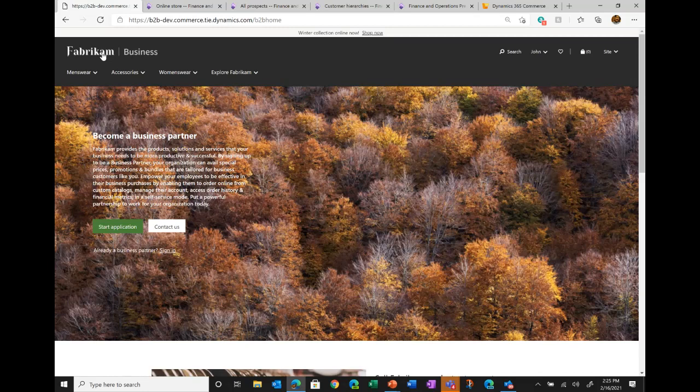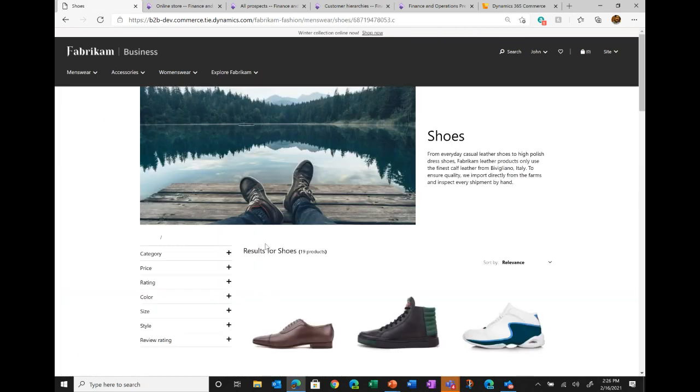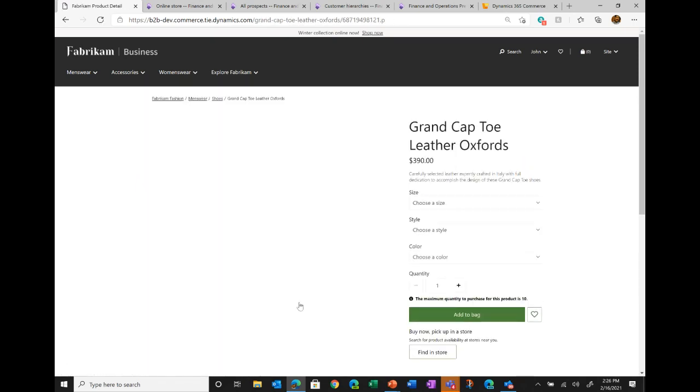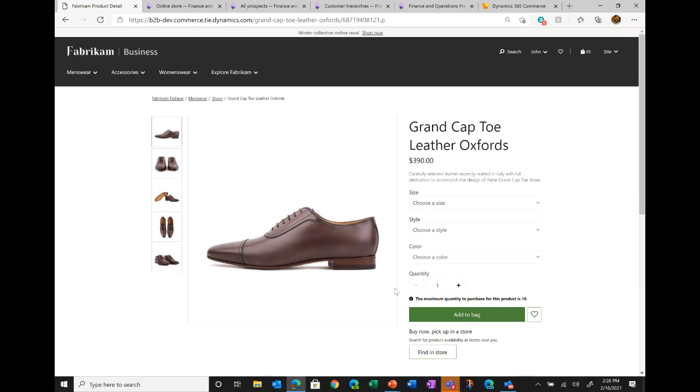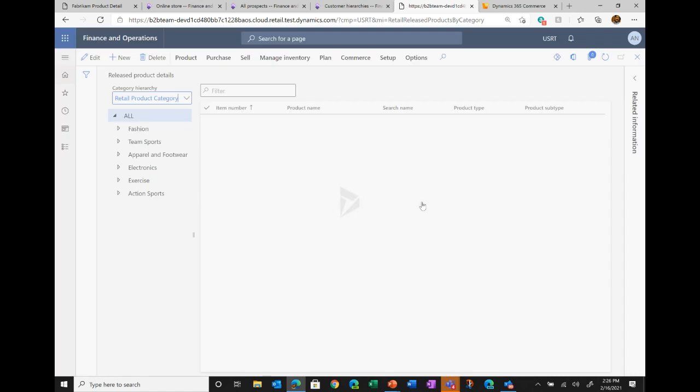Talking about some of the other functionality. Now the standard ordering experience of search, browse, navigate is also available on the B2B e-commerce website. So in this experience, when users are trying to add products to a cart from the PDP page, there is this new thing that you see over here on the B2B e-commerce website, which is this maximum quantity to be purchased message over here. So there is a configuration in Commerce HQ where you can define those quantity limits.